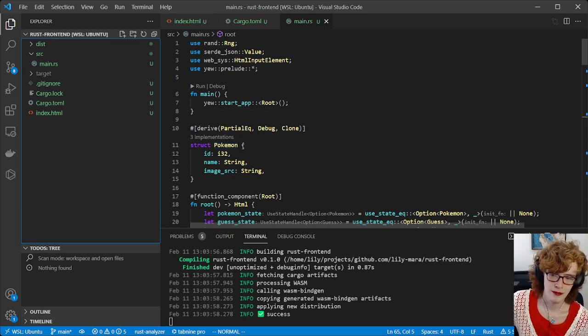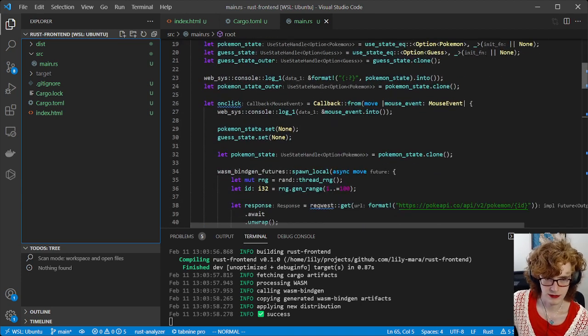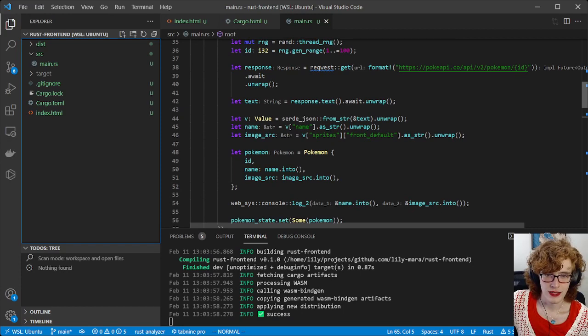The most common way to pass things back and forth between JavaScript code and Rust code is using JSON. So stringify something on the JavaScript side, parse it on the Rust side, and act on it once it's been parsed. You would commonly do this using something like